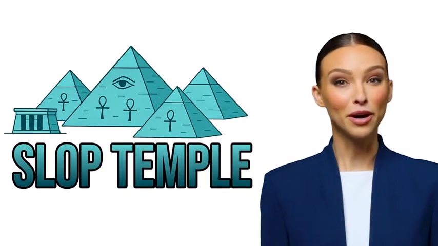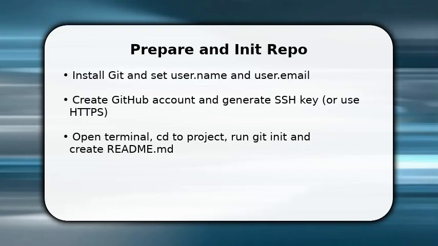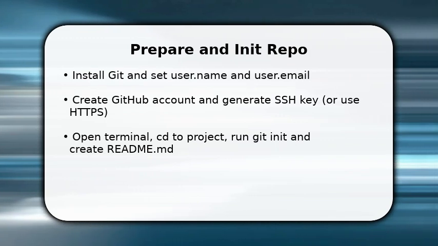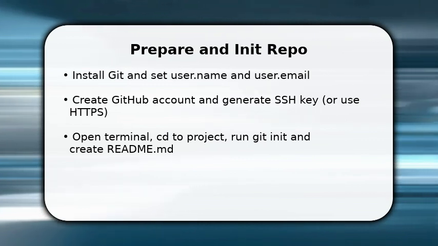We pray this video helps. You start by getting essential tools ready. Install Git and configure your user.name and user.email so commits attribute correctly. Once done, make or confirm a GitHub account and generate an SSH key for secure pushes, or choose HTTPS if